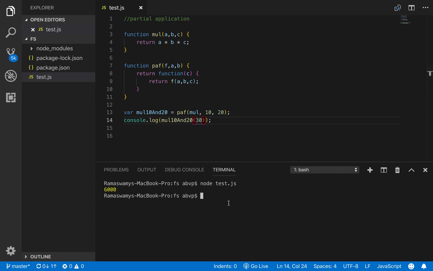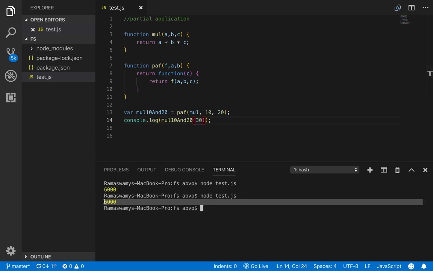Now if we run this, we again get the same result. So that is partial application function.